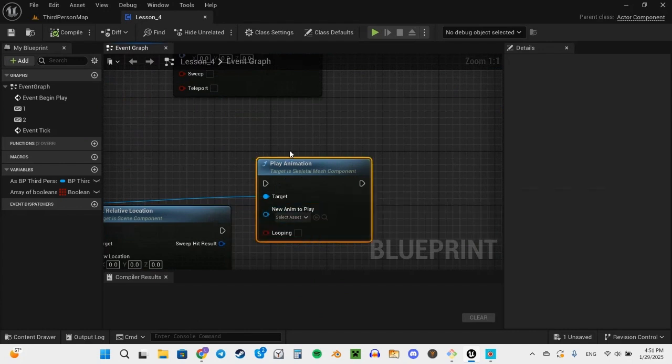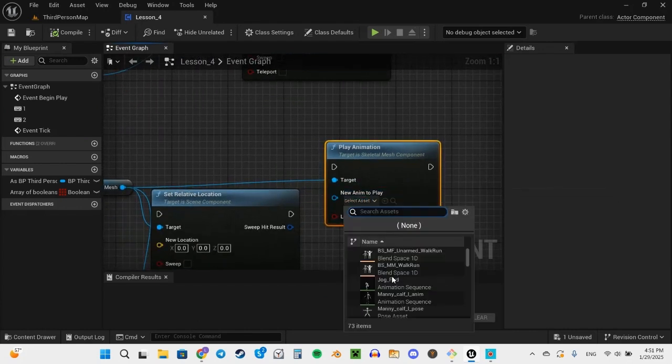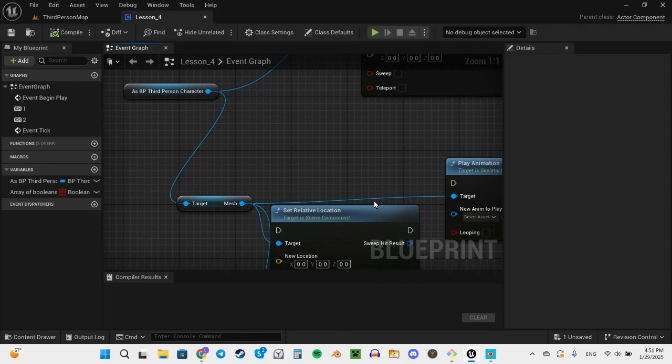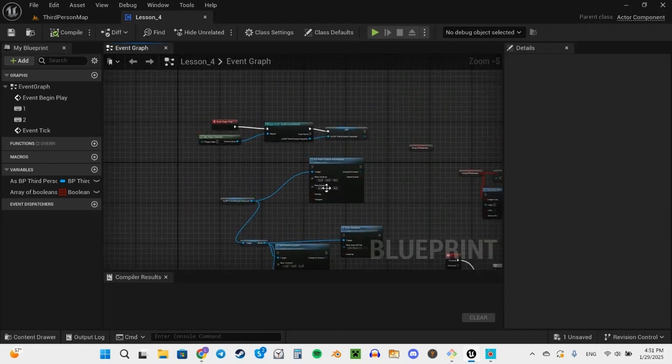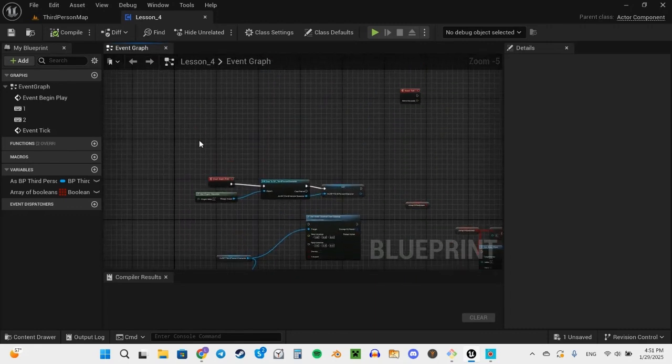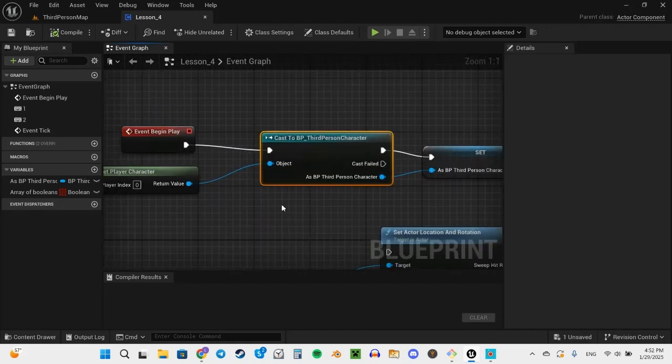The next node would be play animation. It's a very simple node. You just play the given animation on a given mesh. The next one is a very useful one. Cast To node